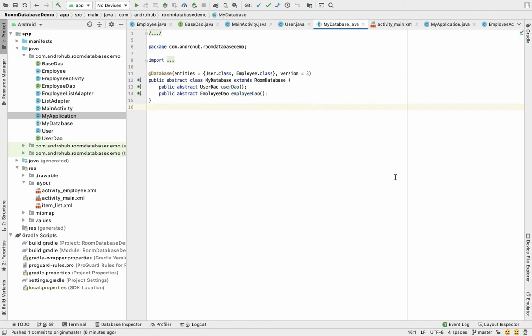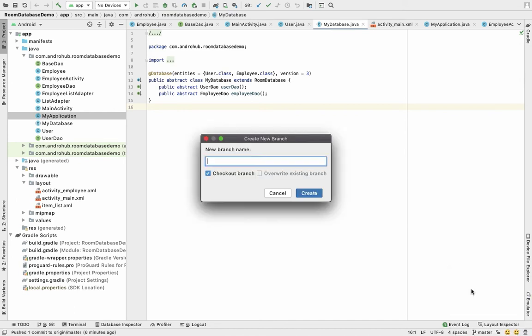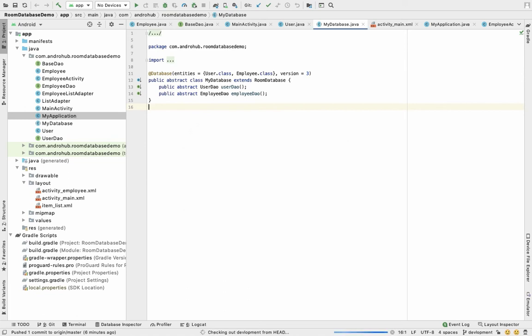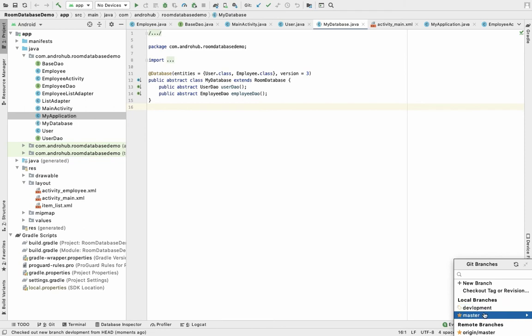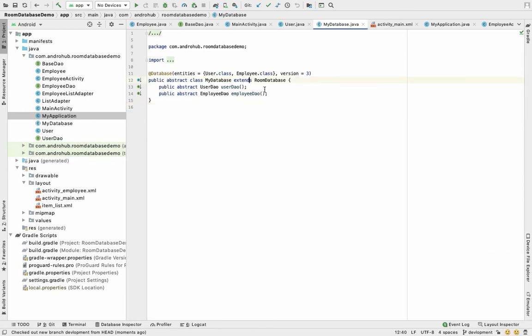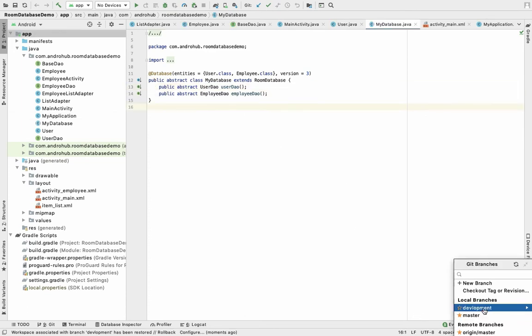Now the next thing is we can create branches out of the existing branches. Let's suppose I have the master branch. I can create a new branch, let's suppose a development branch. So if you see, right now I'm on the development branch, and I have another branch named master as well. So the code which I'm going to write over here will not be reflected on the master branch. That is called the branching model provided in Git. That means we have two branches, and we can do the coding on both the branches, and the code will be different for both the branches.